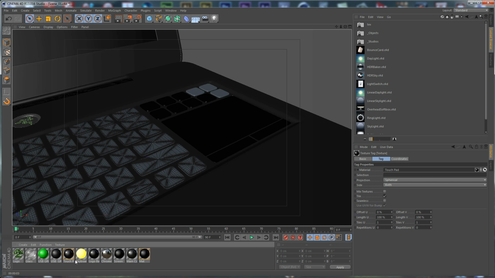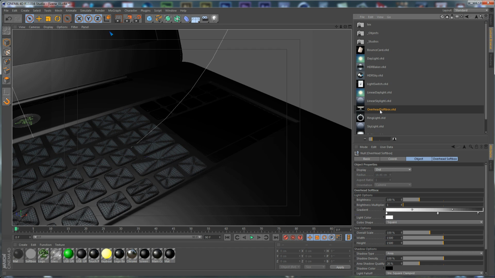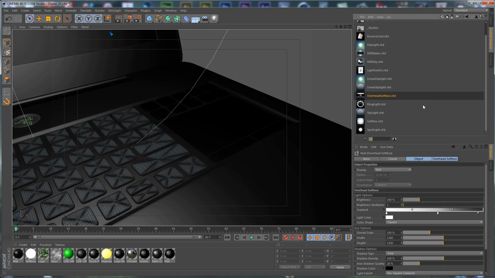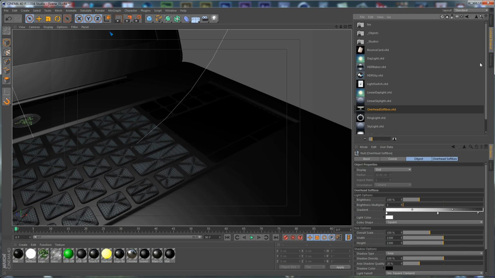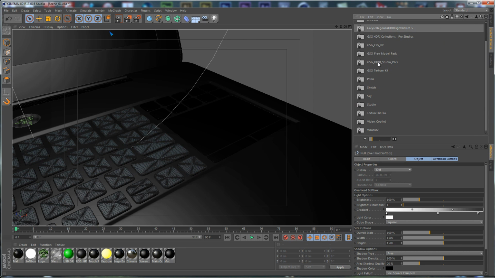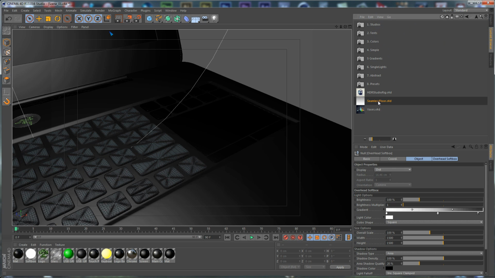And after that we can start creating the white setup, which is pretty easy. One thing that I'm going to use is the overhead softbox, and this is probably the only element I'm going to use for the project. So let's create one, and let's go to the HDRI Studio Pack and just drop a quick seamless